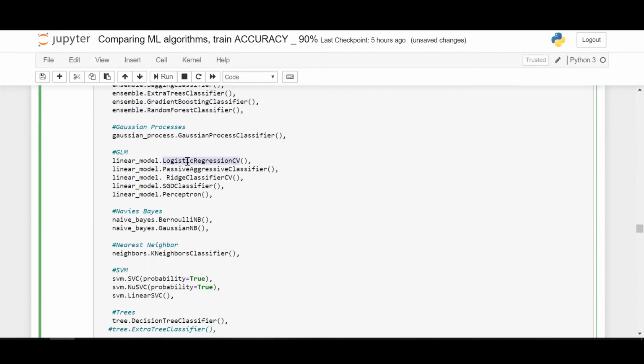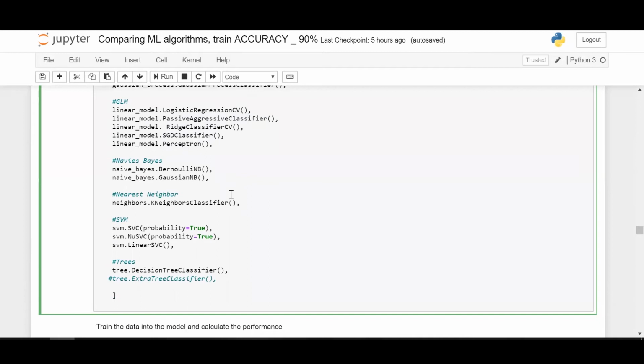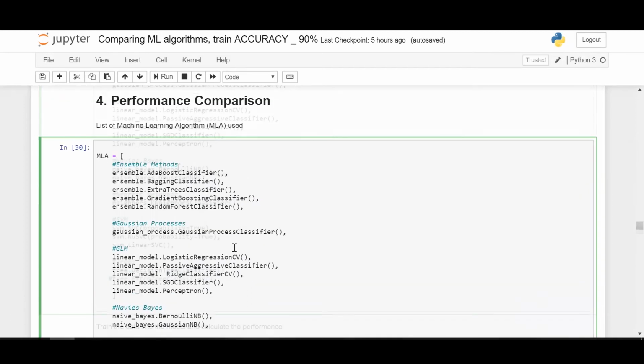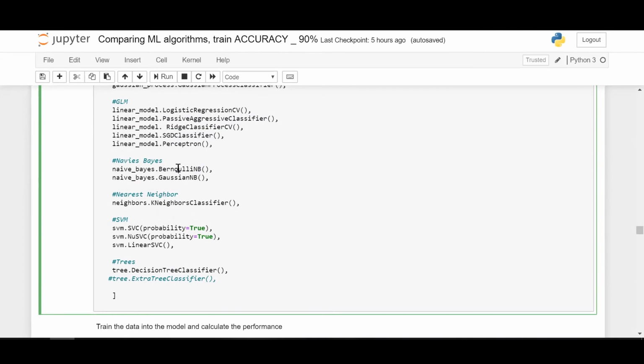And then you have logistic regression, which we have seen before, but this is logistic regression CV along with cross validation, passive aggressive classifier, ridge classifier, SGD classifier, stochastic gradient descent classifier, and perceptron. All the machine learning algorithms available under the sklearn package. In this one, we will just train the Titanic dataset upon all the algorithms available and see which one is the best performing for this dataset.